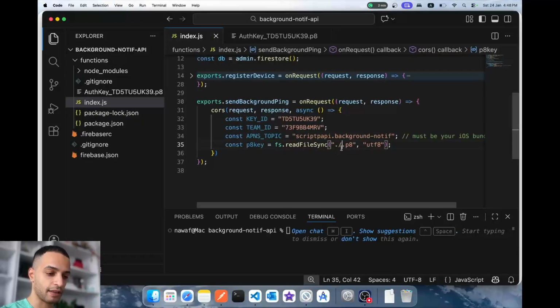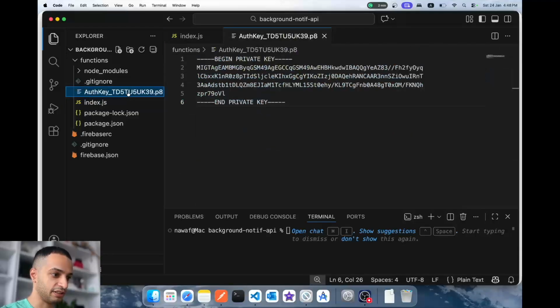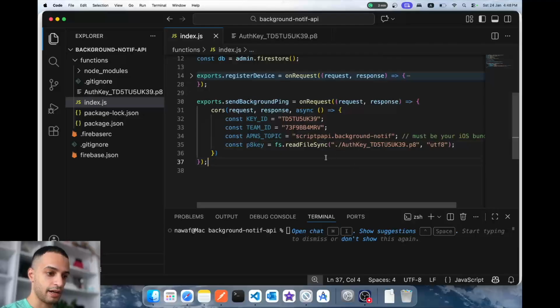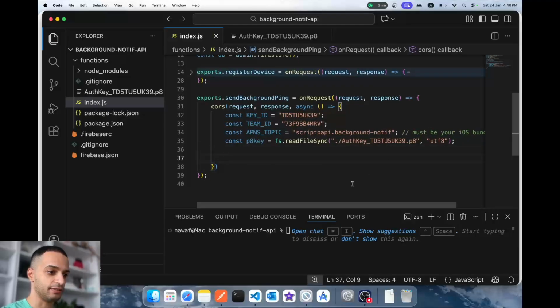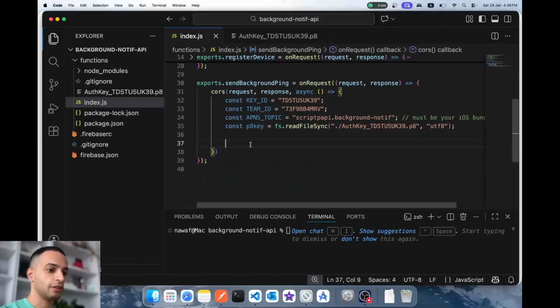And this will be the path for your key. So it's just this. Make sure it's in the same directory as your index.js. There you go. Now we need to use all of that to send the background notification. So we're sending the background notification by sending an API request to Apple's server, and Apple sends from their server